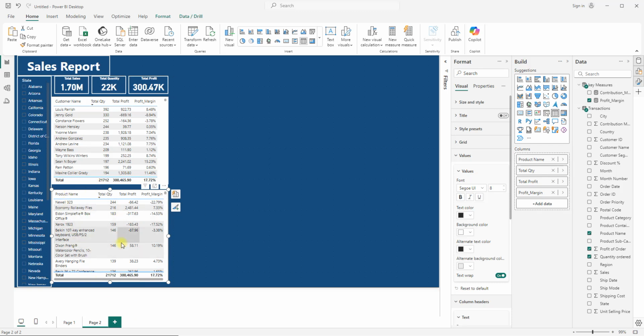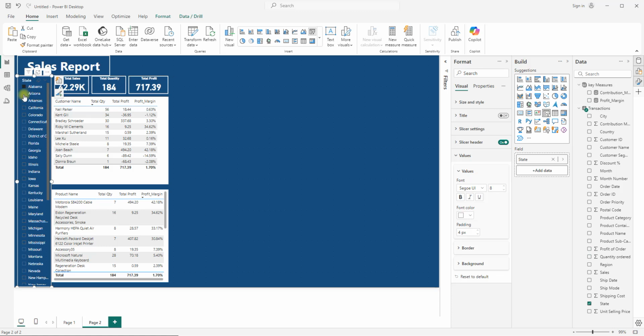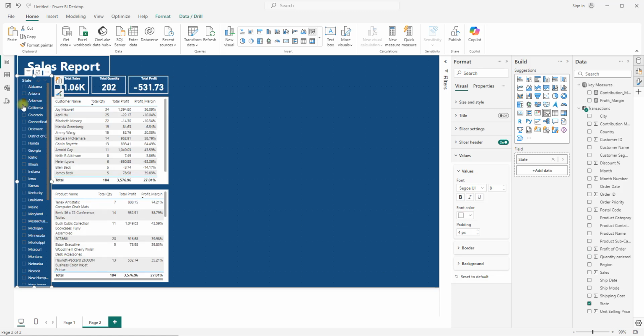So we can now see the product that has the highest amount of order. If you want to click on profit margin, you can see the product that provides the highest profit, and if you want to click here, you can see what product offers the highest profit margin. And if you want, you can filter it by the name of the state, and you will see it will change as you select. So I'll click again to uncheck everything,